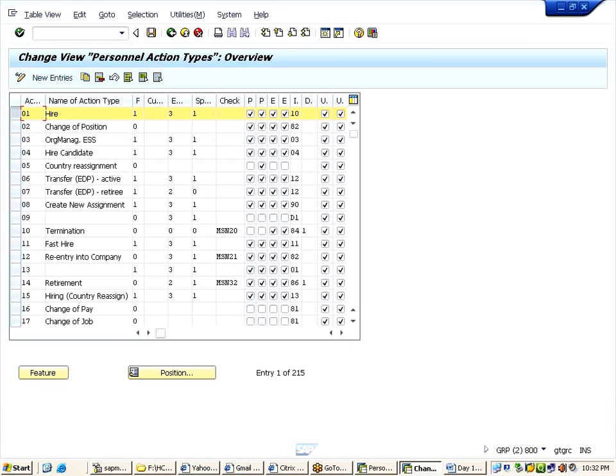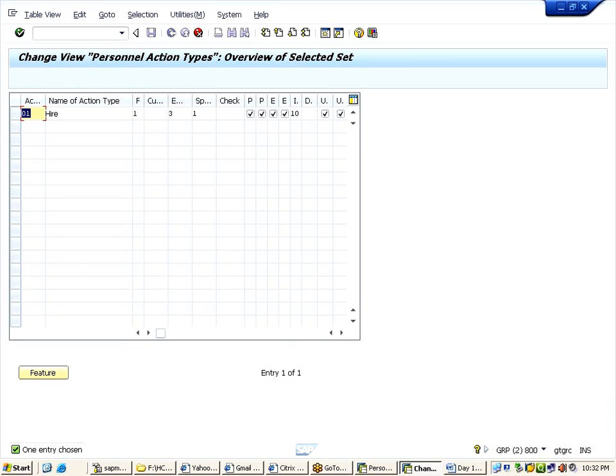hiring action. What is this? Function character. Okay, this should be standard. There are standard values. What are they? I'll explain you now. Why? Because yesterday if I would have explained that, you would have got confused. Now by seeing this, you can easily understand. You see. What are the values here? There is one, which is initial hiring. Now, when will initial hiring happen?